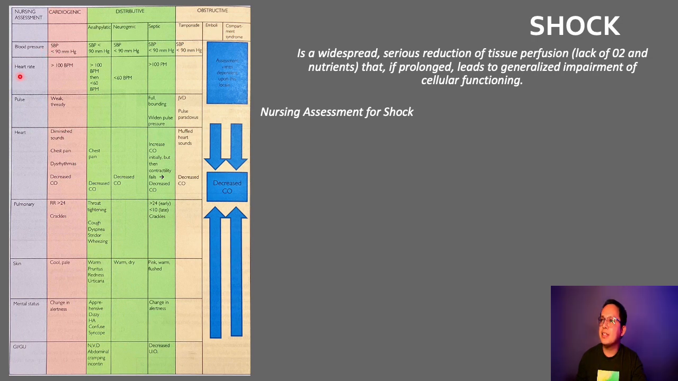Next is the heart rate. For cardiogenic shock, greater than 100, and for anaphylactic, greater than 100. Neurogenic shock is less than 60, and septic shock is greater than 100. Pulse: for cardiogenic, weak and thready. The heart is failing. Next, for septic, full bounding, widened pulse pressure. And then, for obstructive,